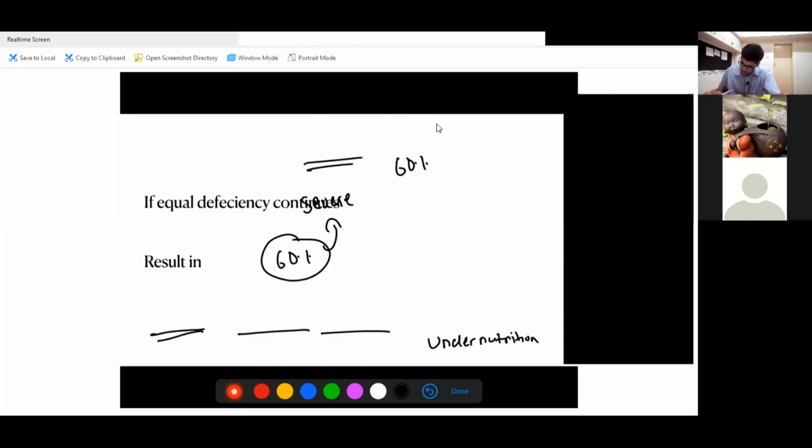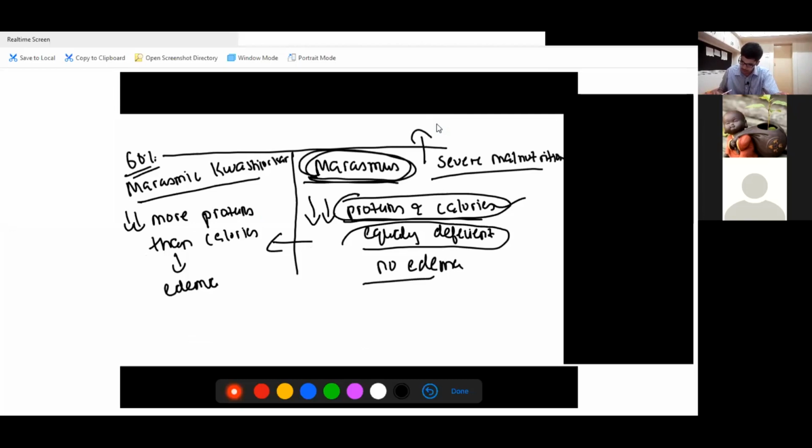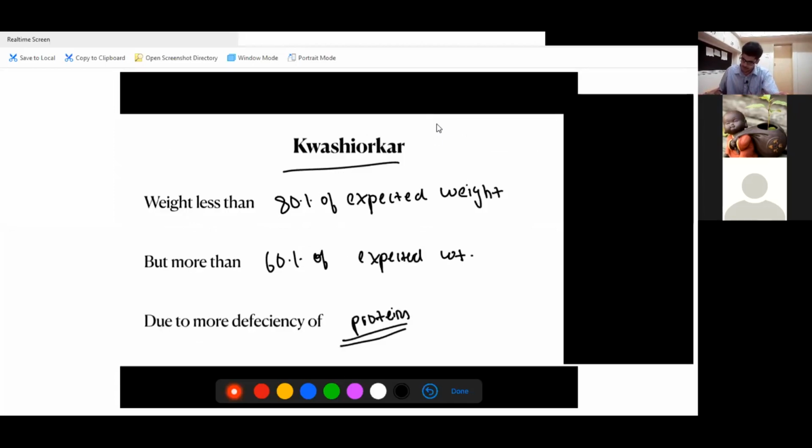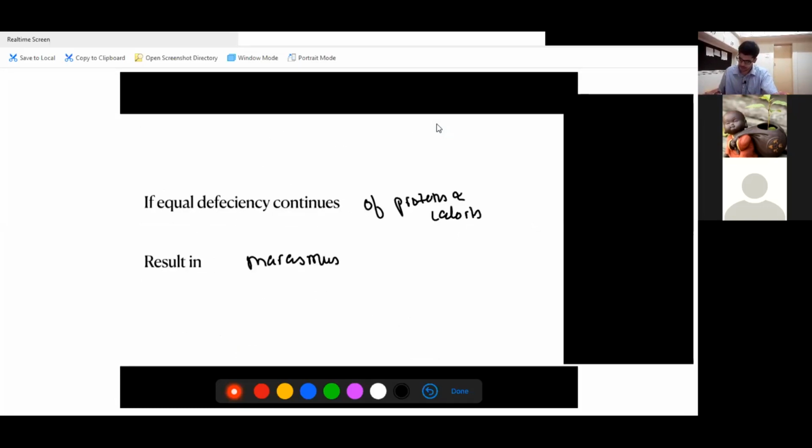So in your initial treatment, you gave him a good amount of calories. You made the mistake of giving him a good amount of calories and less protein. So from this, you push the patient to this side, and he's still below 60%, right? So he goes into marasmic Kwashiorkor, not Kwashiorkor, marasmic Kwashiorkor. But yes, who said Kwashiorkor also are right. Eventually, who answered Kwashiorkor also are not wrong, because if his weight increases then he goes above 60%, so he'll go in Kwashiorkor. But the word Kwashiorkor was important, which all have answered correct.